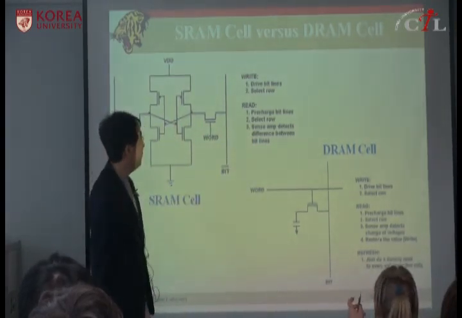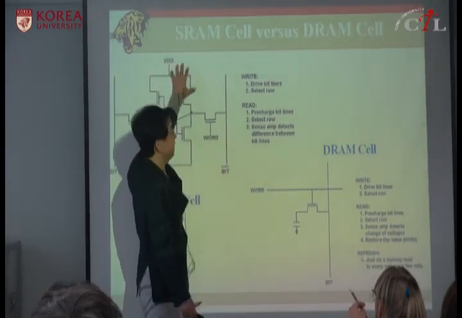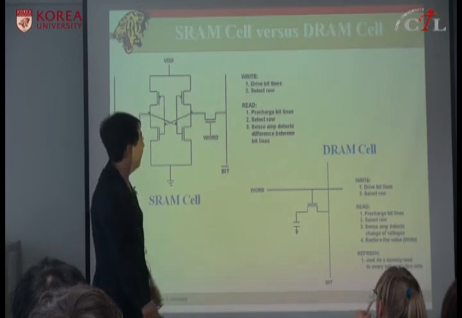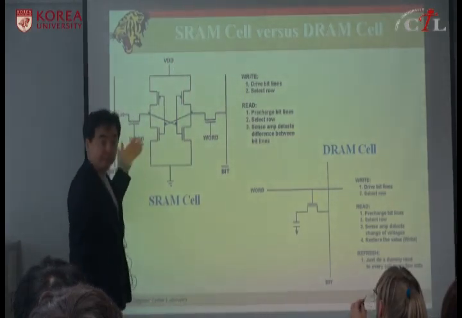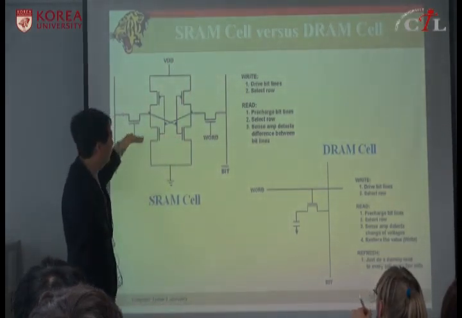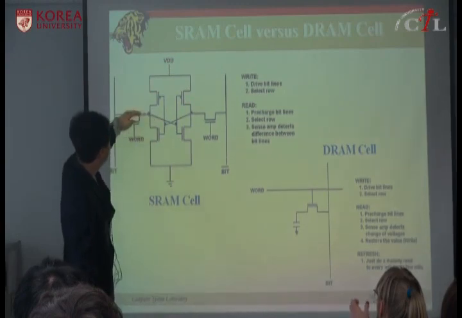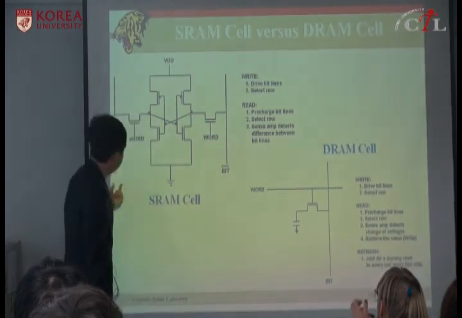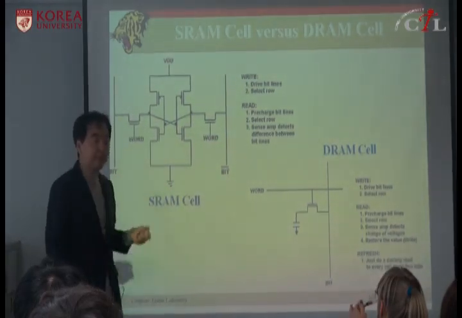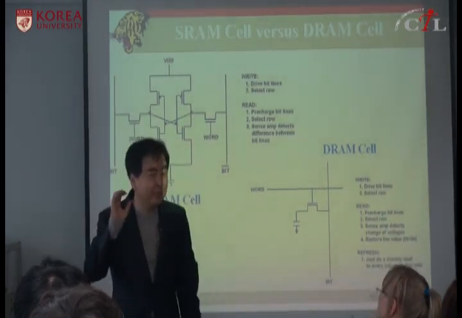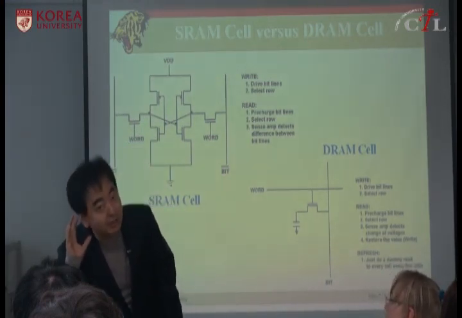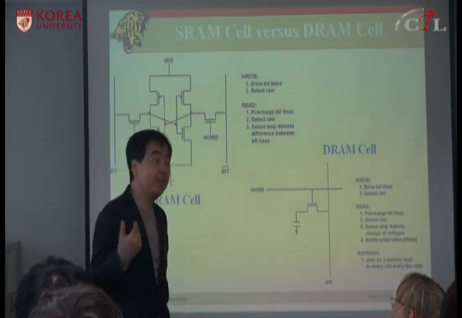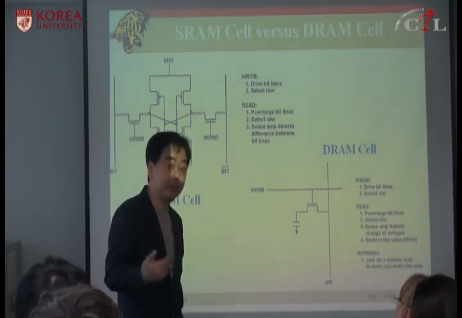For a read, you do a pre-charge, some dynamic circuit, in the upper part. Then you select the row based on the decoder. You put the address, select the row, and then the current will flow here and here, Q and Q bar. There is a sense amplifier. The signal is small, so you amplify the signal and listen to whether this is 1 or 0. And you can read whether it has stored 1 or 0.